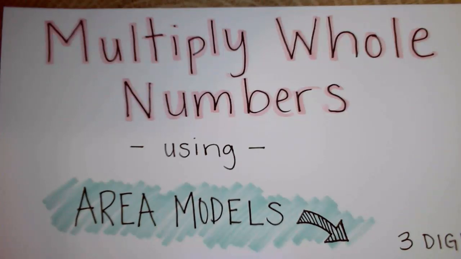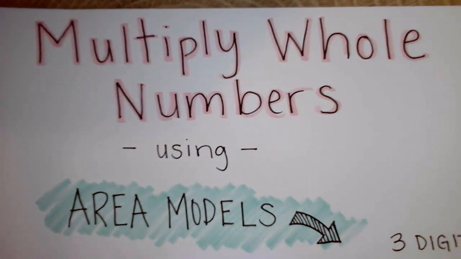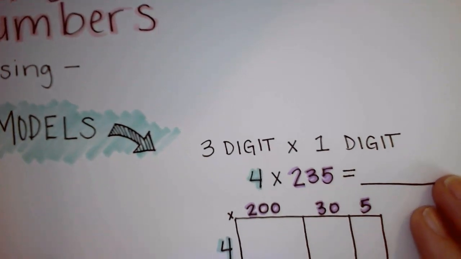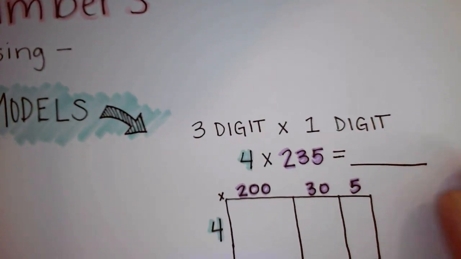Hey math friends. All right, today I'm going to review with you guys multiplying whole numbers using the strategy of area models. So let's go. Our problem that we're going to do together today is a 3-digit by a 1-digit. So we're going to be looking at 4 times